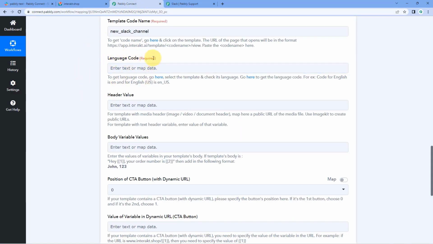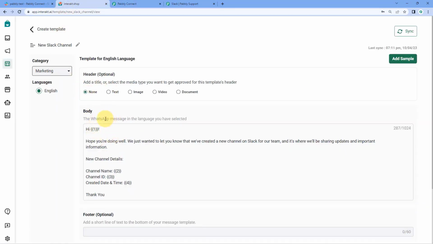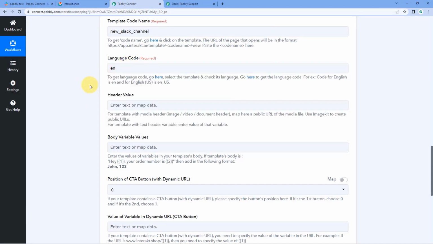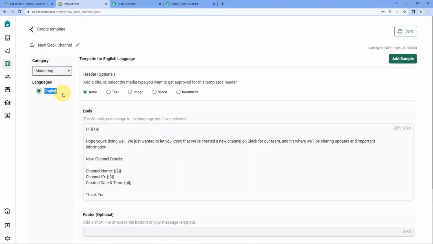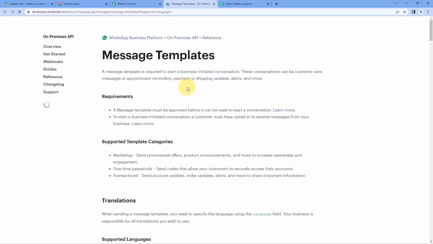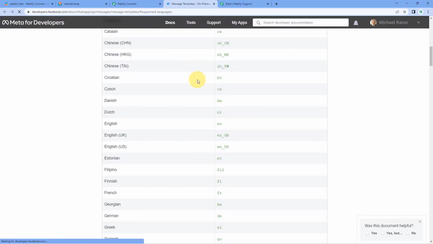Then it is asking us language code, that in which language we want to send the message. So I have created this template message in only one language, that is English. So I'm going to enter the language code of English, that is small en over here. If you have created your WhatsApp message template in any other language, you just have to enter the language code of that particular language over here as well. If you want to get a list of all the language codes, here in hyperlink you will get a link. Just click on it, and here you can see a list of all the language codes in which you can